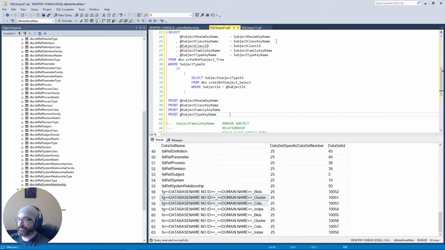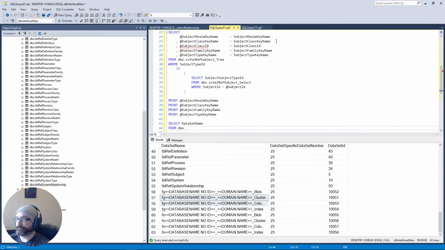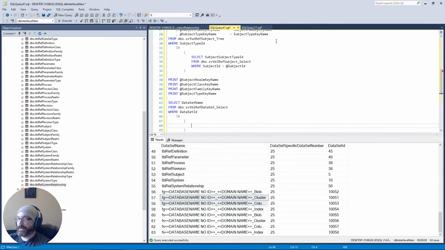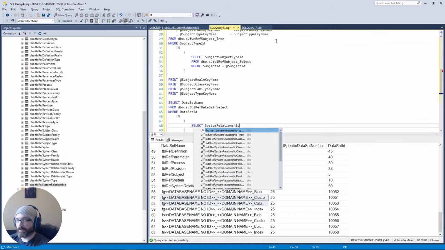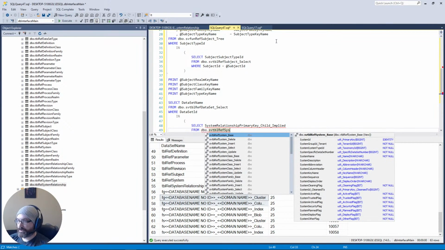Based on my class, find the file groups, data set name, where the dataset ID is located in our system relationship, and this is subject class to dataset, so it would be the child, it would be the primary key, the child, and implied means that the key came from somewhere else. System relationship,